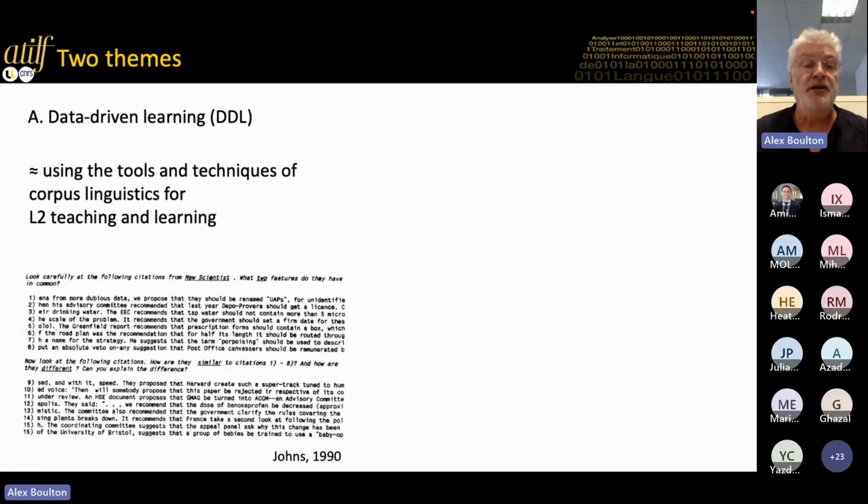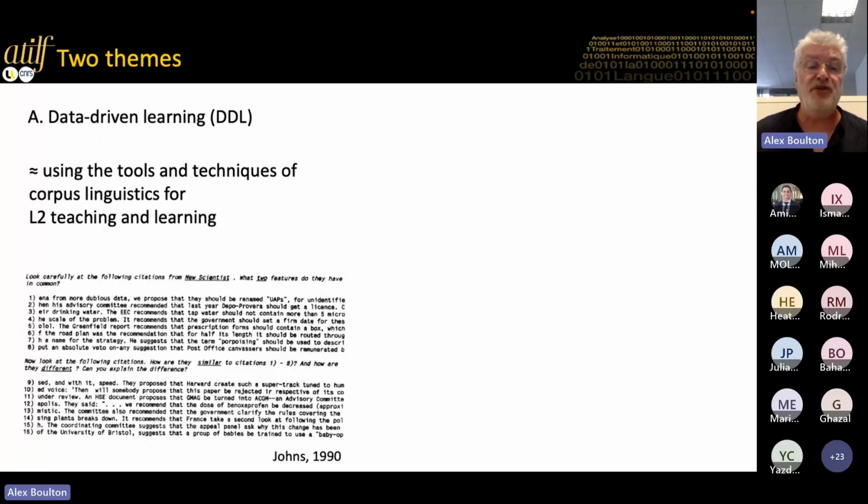So for example, here, you've got propose, recommend, suggest, that, and then all of the contexts have should in the first group, 1 to 8. In the second group, you also have propose, recommend, suggest. In the middle, you have that. And on the right, you don't have should, but you have the base form of the verb, like the infinitive, but without to. Harvard, create.